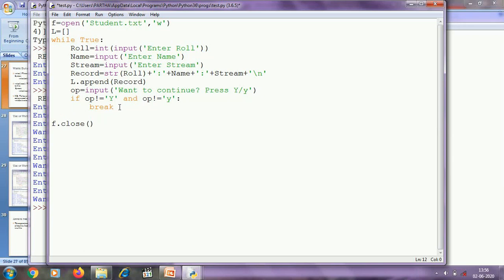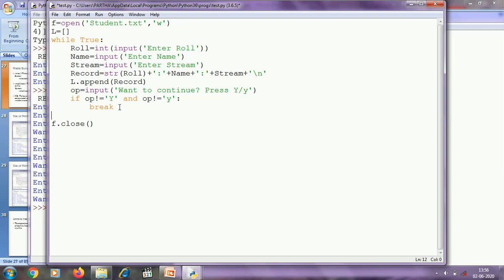So inside the loop only I am collecting the data from the user to generate the record, and here only I am appending the record to the list L, and after execution of this loop finally L will contain all the lines of the text file.